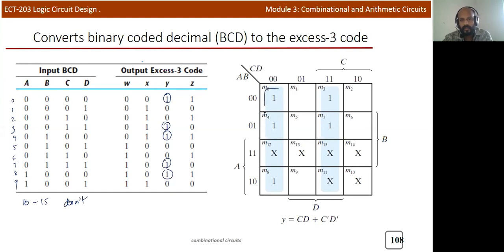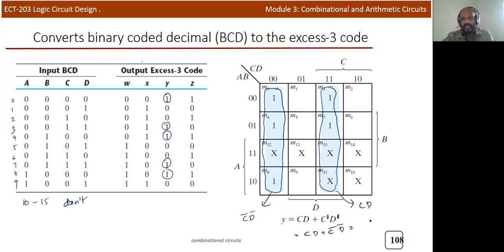So there is a don't care condition, so you can indicate 2 groups. This is one group and this is another group. By including the don't care, you will get a 4-bit group. This is equivalent to C bar D bar, and this is equivalent to CD. So here you can see C complement and D complement, or you can write CD plus C bar D bar, which is equal to the XOR operation, C plus D the whole bar, or you can write C XOR D.